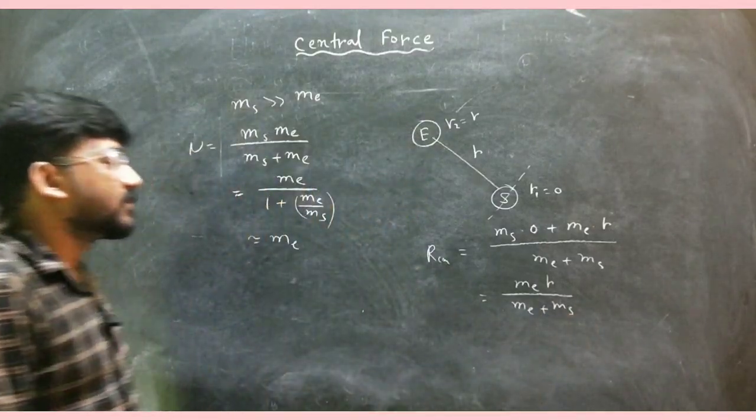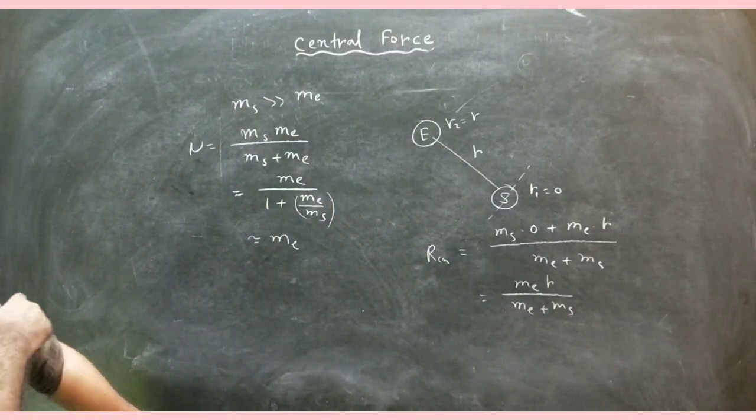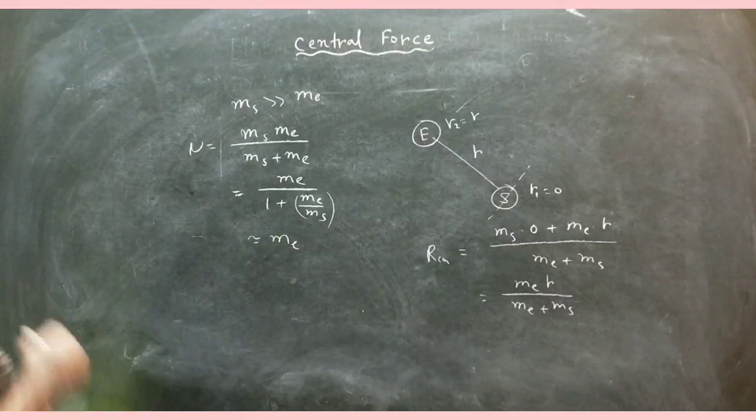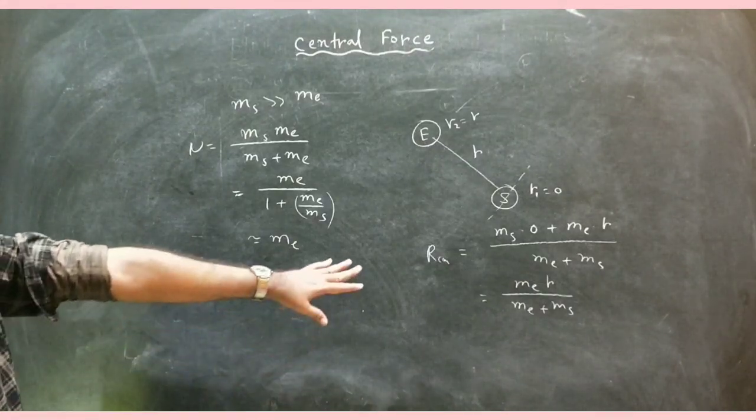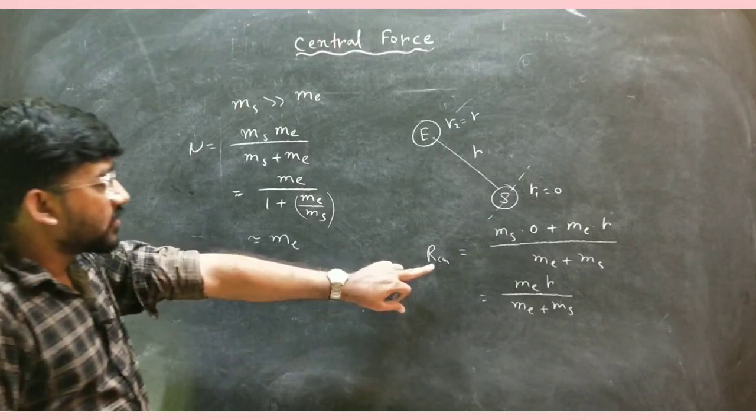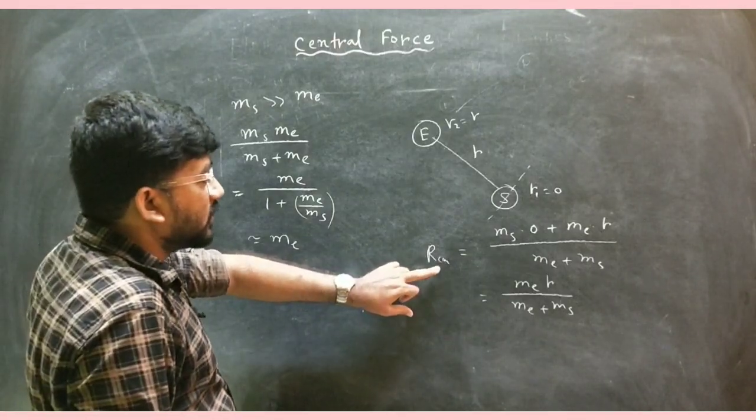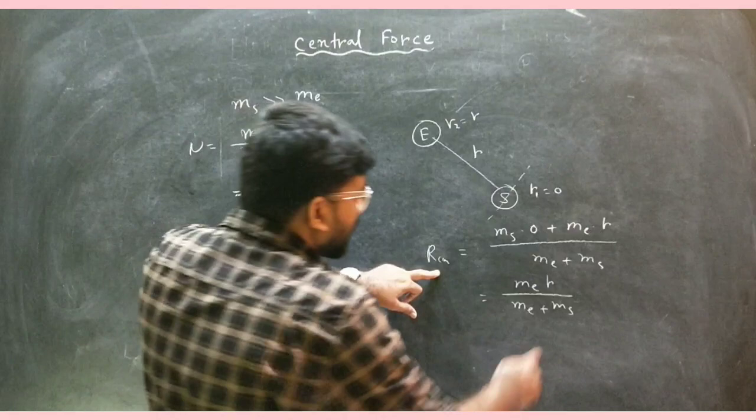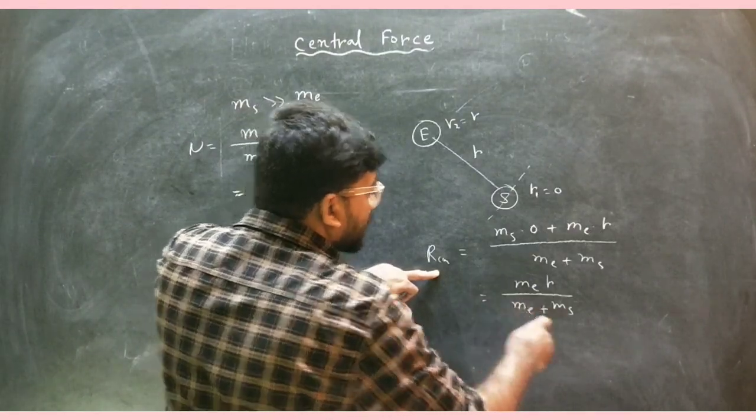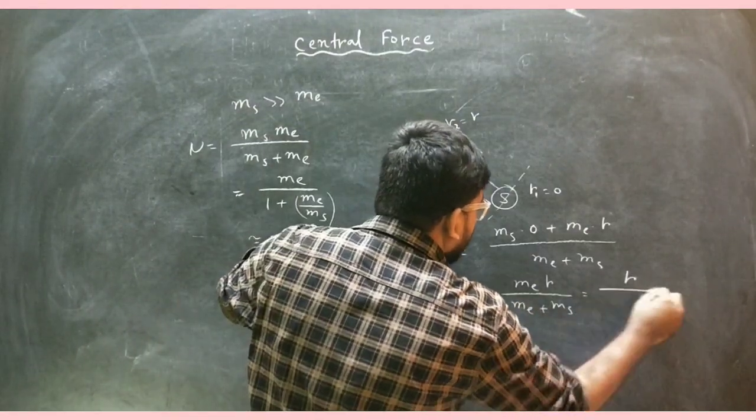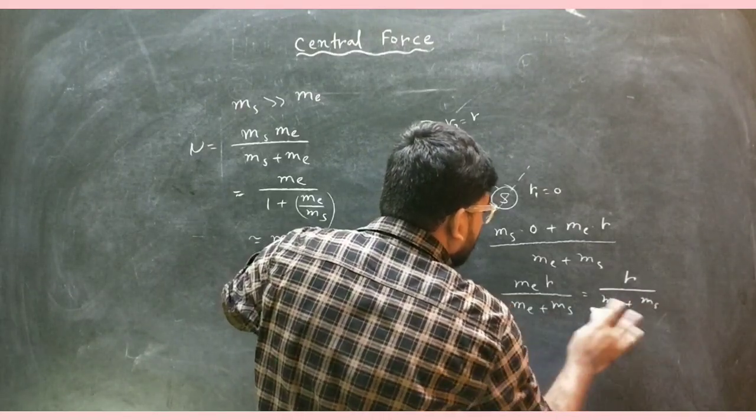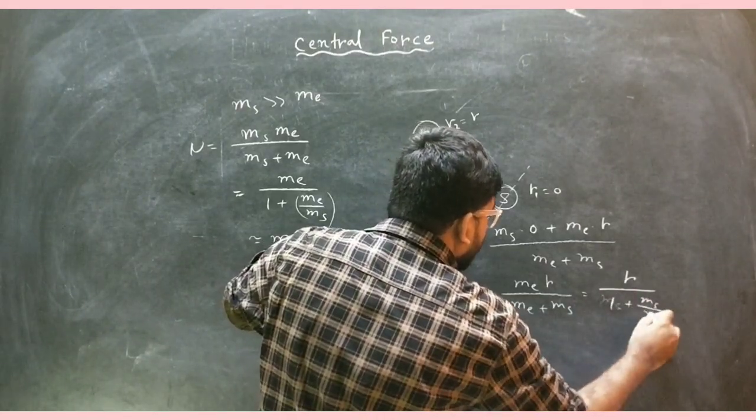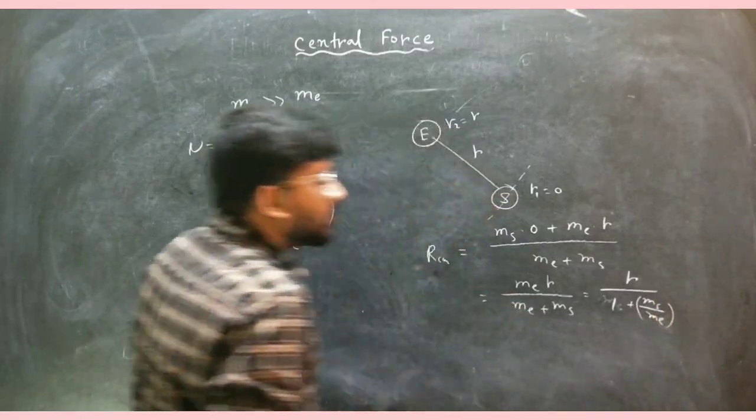Me plus ms. Okay. So now what we can do here, the position of center of mass, actually if you take that ms, if you divide this whole system by me, so what you will get, you will get just r divided by me plus 1 plus ms by me. But you can see here,